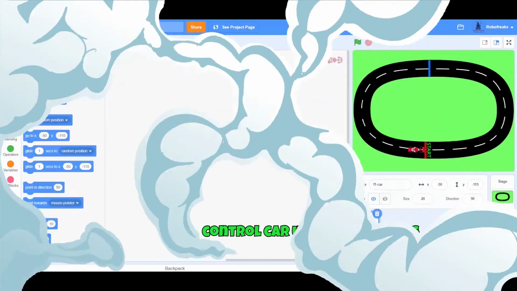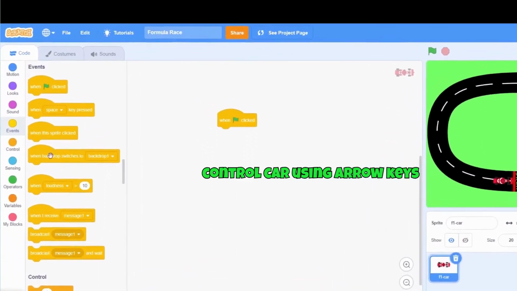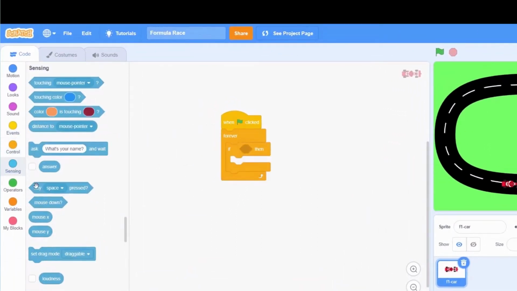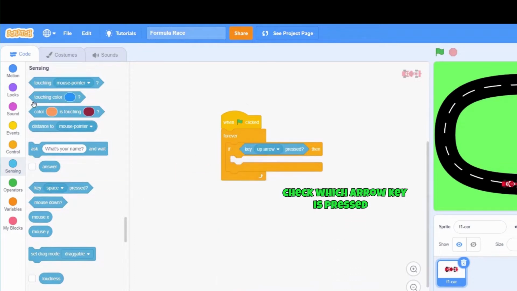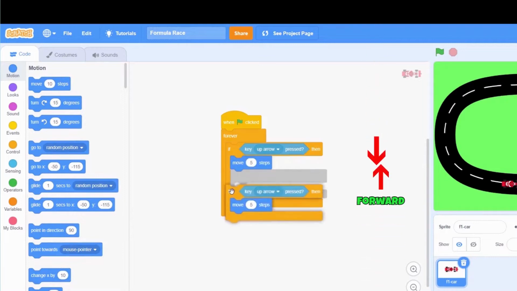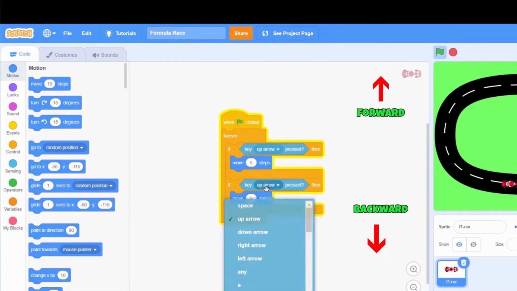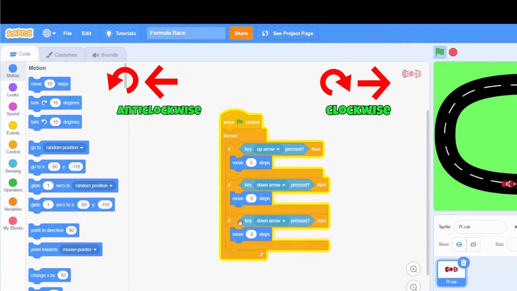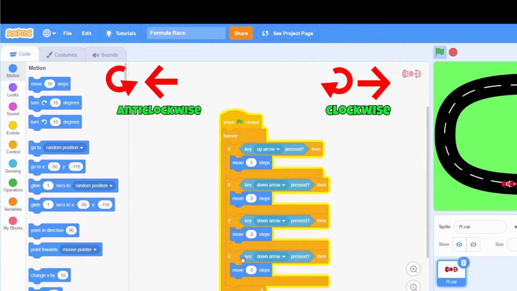I will start with controlling the car using arrow keys. The game starts on pressing the arrow keys. In a forever loop, I will check which arrow key is pressed. Up and down arrow keys are used to move the car forward and backward, while left and right arrow keys are used to turn the car clockwise and anti-clockwise.